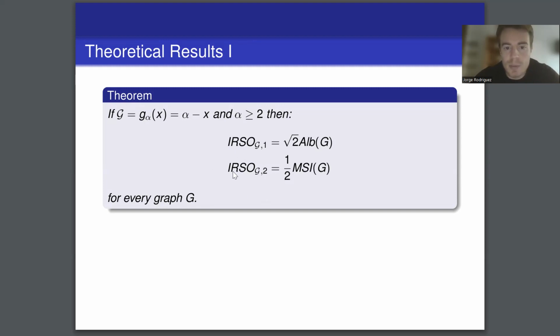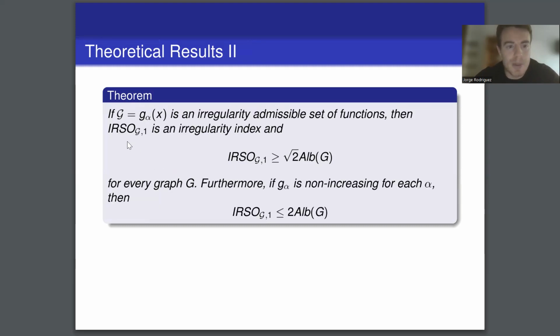And the irregularity Sombor index 2 is going to be equal to 1/2 times the misbalance index for every graph G. Okay, this is the first result, which is not very general, but is a result we get. Now we get a theorem that is more general, which is that if the set of functions G is an irregularity admissible set of functions, whatever this set is, then the irregularity Sombor index 1 is an irregularity index, and